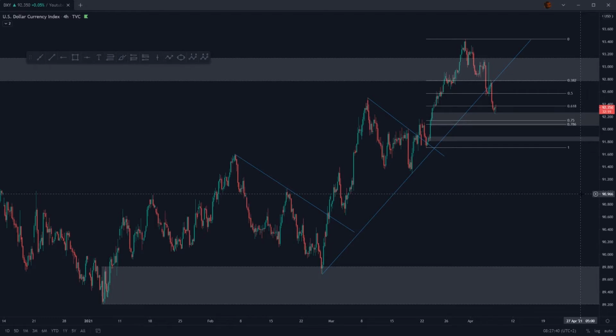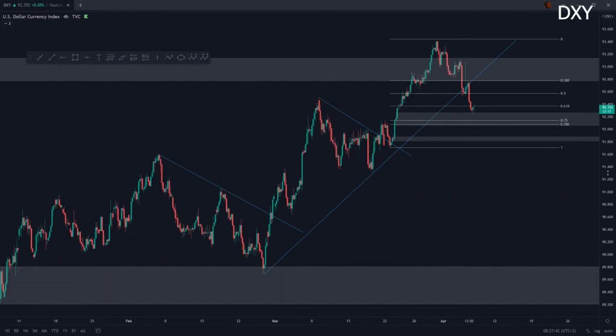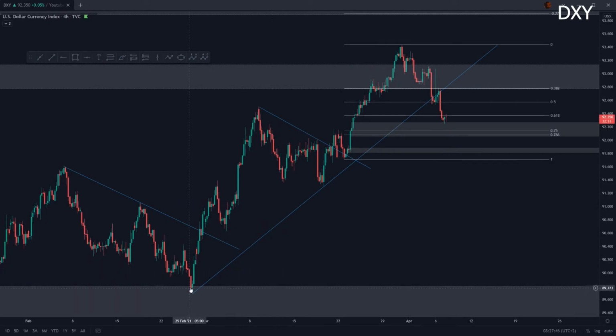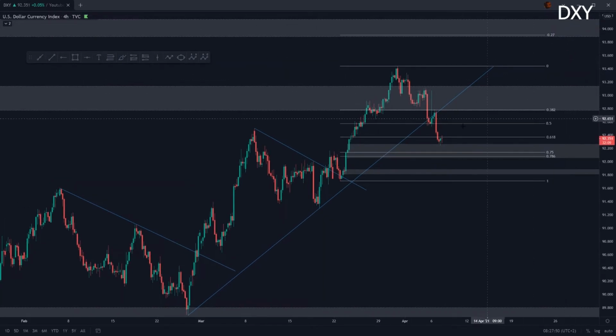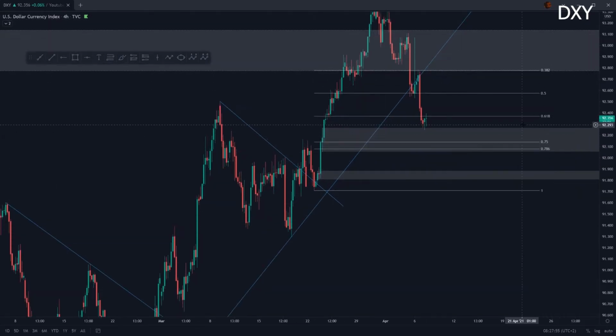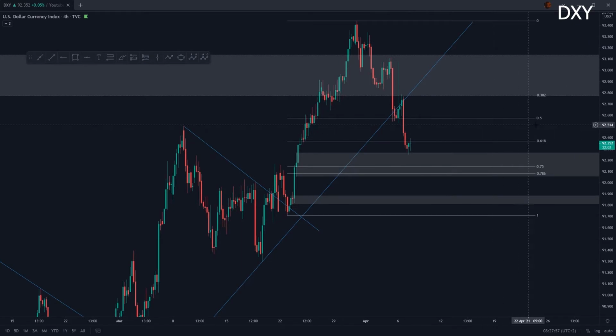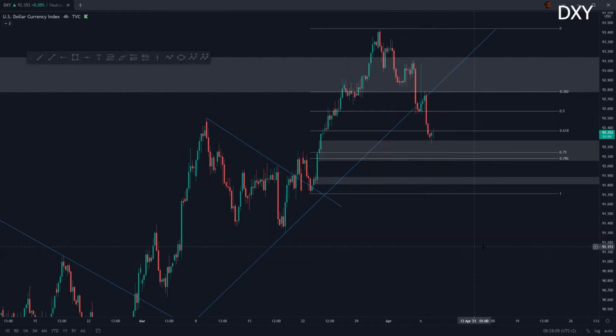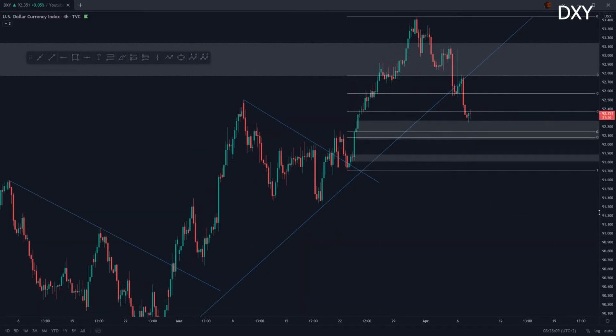As per usual, we're going to start off with analyzing the DXY. So what can we expect from the DXY today? Well, as we can see, this is the 4-hour time frame and we broke this ascending trend line pretty strong. We moved into my major reversal area over here at 92,200, and I'm currently waiting to see if we're going to see a strong pullback back towards the upside and that this was a potential fake out on the major ascending trend line.